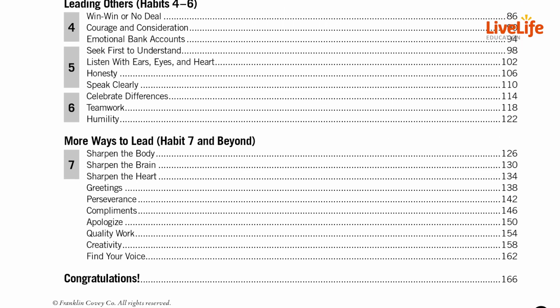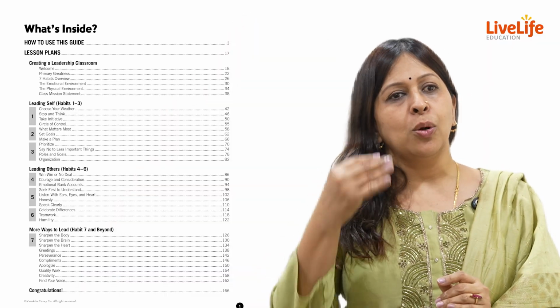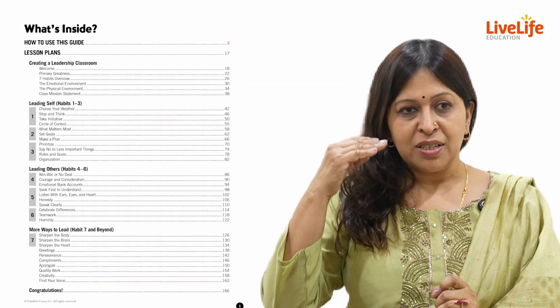The first thing you need to understand is how the lessons are structured. Let us open and look at the index page. You can see all the lessons are beautifully structured in the index page. The name of the page is what is inside. Now, grade kindergarten to grade 6 is slightly different structuring. Grade 7, 8, 9 is a different way of structuring.